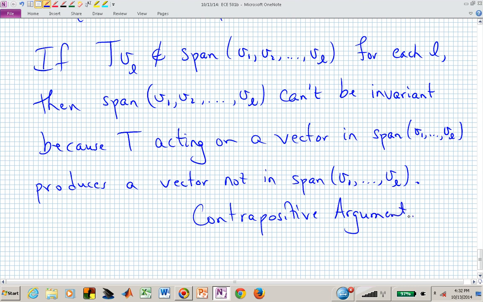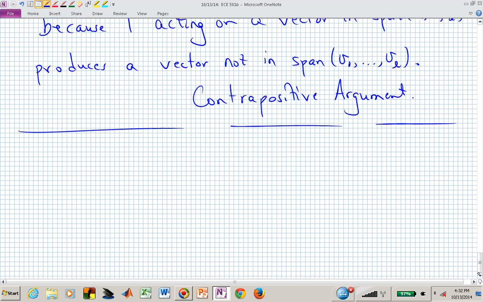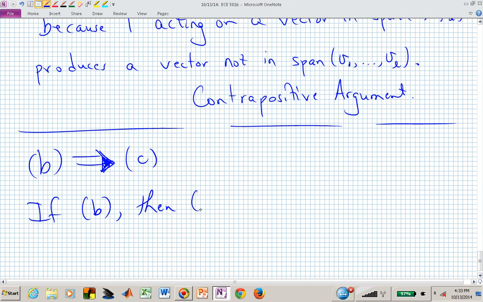That is basically not C. We needed this map to be invariant in this span of V sub 1 through V sub L. Let's now look at the other direction. Suppose now we want to show that B implies C. Then if B, then C, by definition